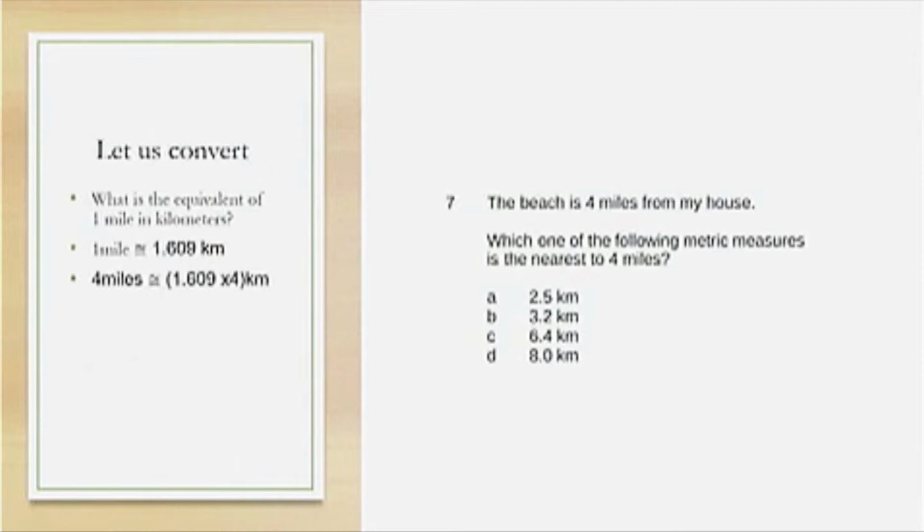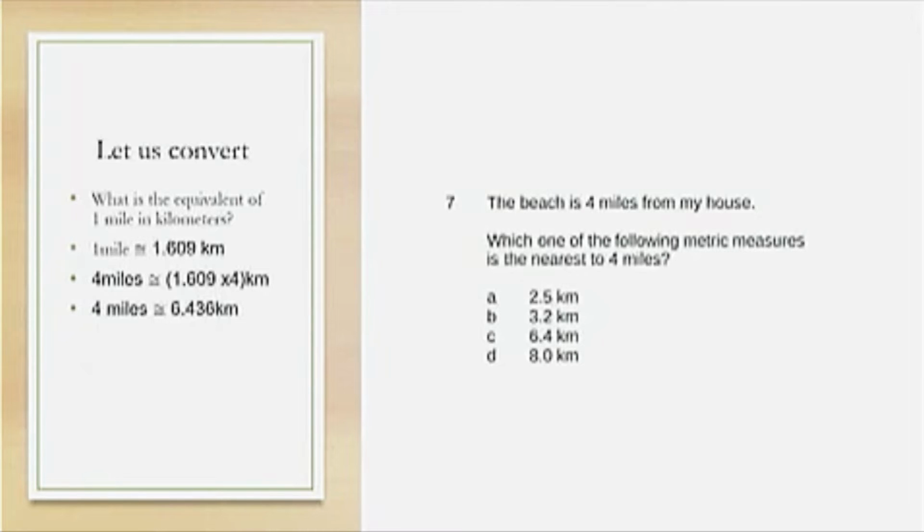Having understood that, if you have 4 miles, you can multiply the 1.609 by 4 to give you the equivalent in kilometers. And that would be 6 approximately. And as you can see, I hope you're paying attention to the approximation sign, because it is not an exact measure, so it's approximated